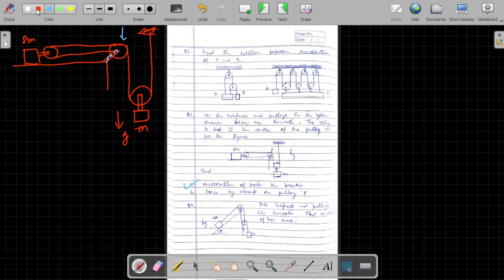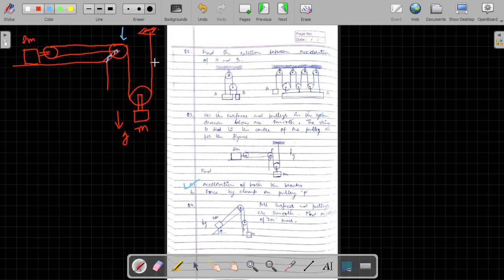As you would have learned, in the previous question we found the constraint relations, and in that we multiplied tension with the velocities of the points of contact, and we summed them to 0. In the previous video we drew the force body diagrams also, right? And by drawing the force body diagram we were able to solve it completely. So let us do the same in this question also. So let us find the constraint relations first.